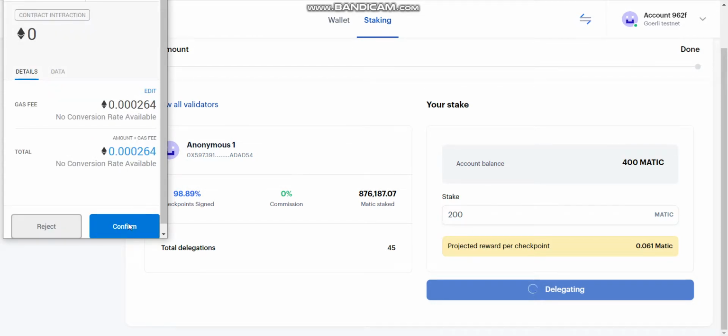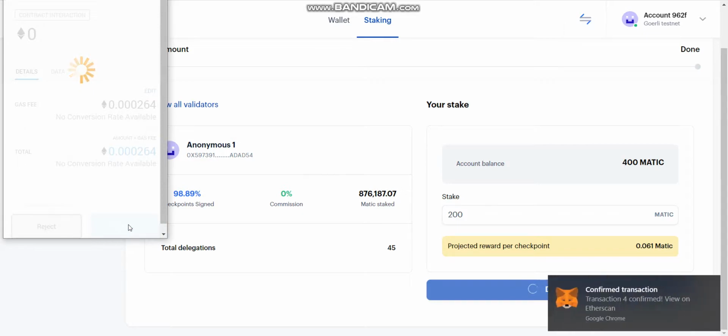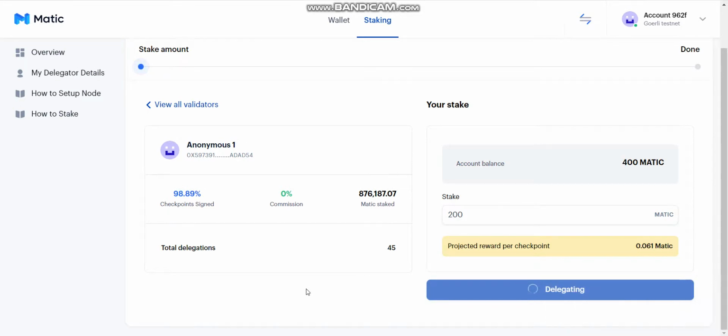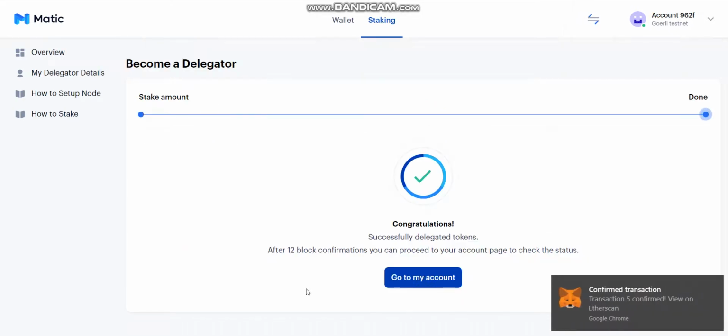You need to click on confirmation. See, confirm transaction. Just wait for some time. It will take a few seconds only. See, congratulations, successfully delegated tokens.